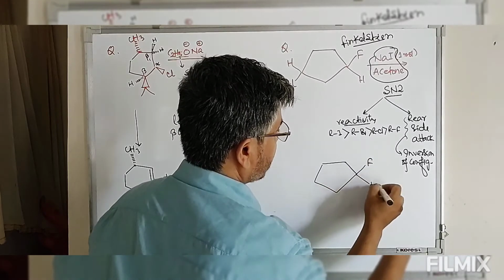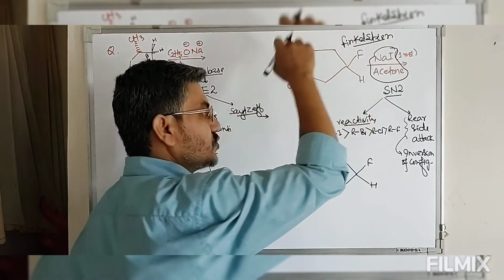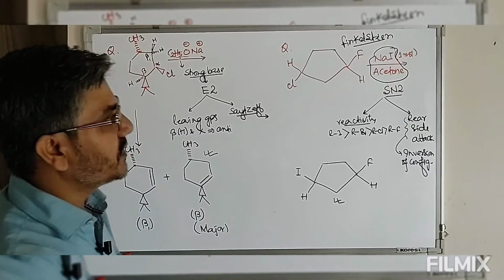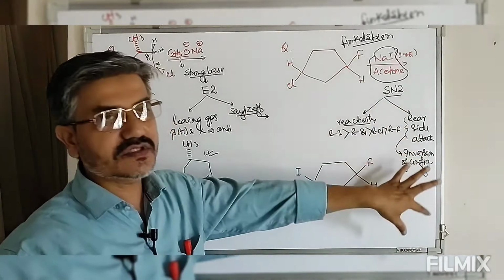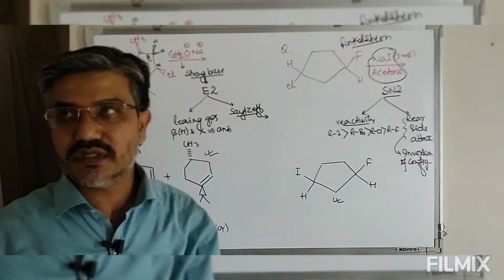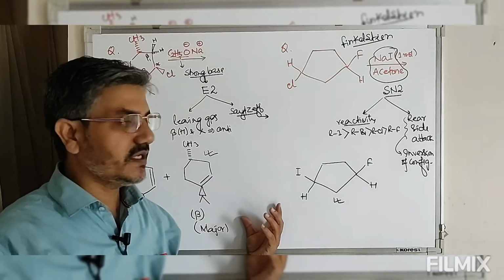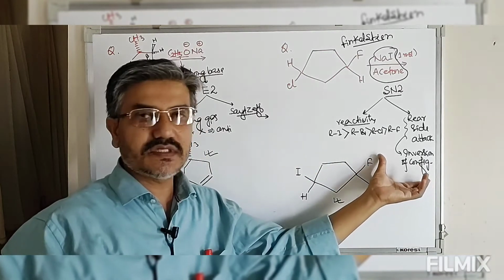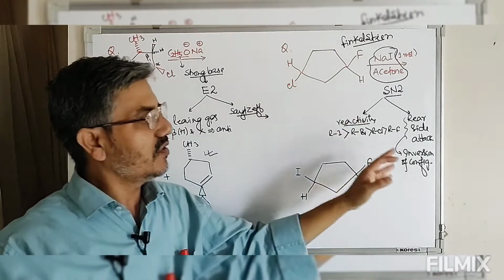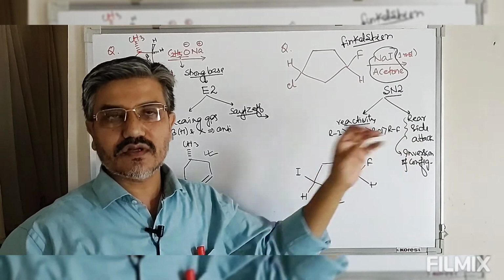So the product formed in this reaction will be, this is F, this is H. Now look at this, this Cl is below the plane, so I minus has to come from above the plane. So this is the product. This is the meaning of a rear side attack and inversion of configuration. The leaving group and incoming nucleophile should be at a distance of 180 degrees. By this rear side attack, the configuration of the product will be just opposite to that of the starting reactant. That is the meaning of Walden inversion, or inversion of the configuration of the product.